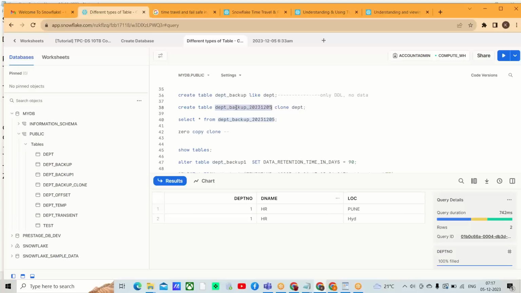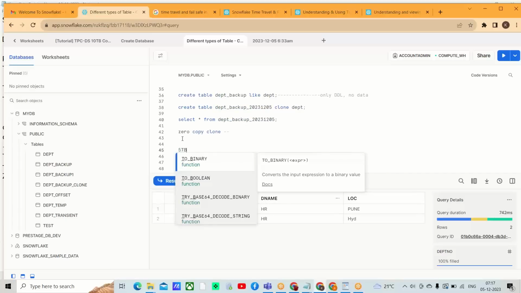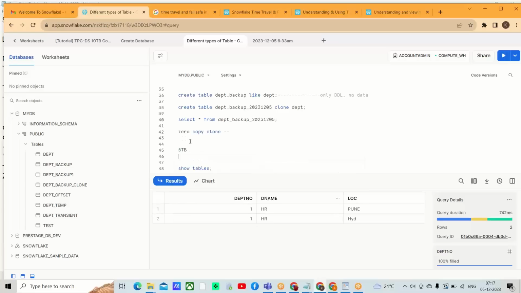Generally in any database, for example, a 5 TB table is there, the original table. When you take a backup, the backup also will have 5 TB. The backup table also occupies 5 TB, right? Generally in other databases. But in Snowflake, it's not like that. When you take a backup, the same 5 TB,